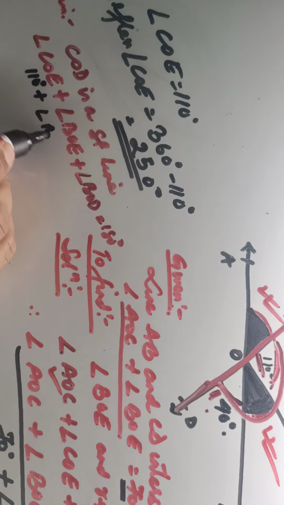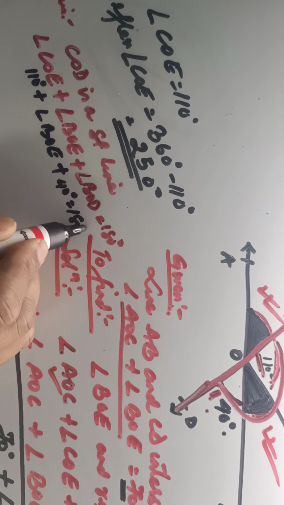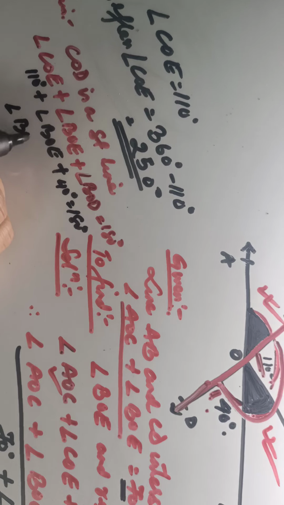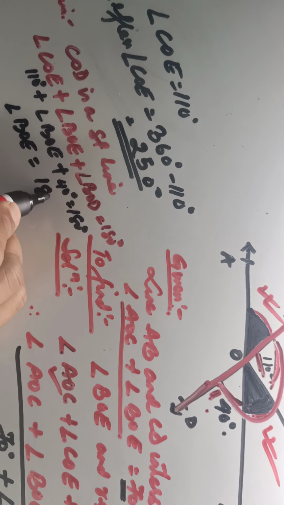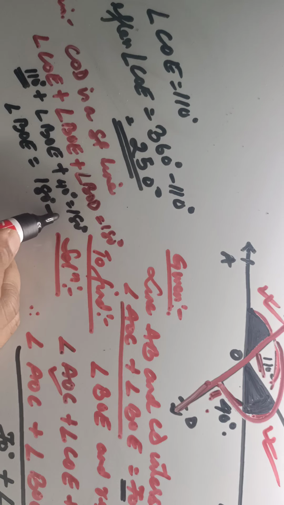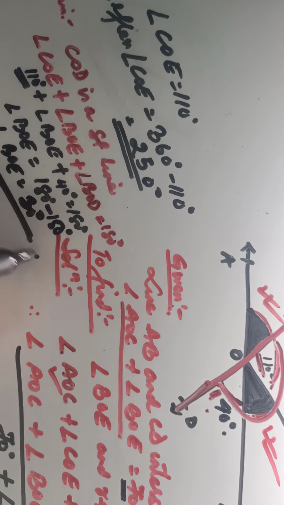BOE I have to find. BOD is already given in the question, that is 40. So angle BOE would be 180 minus 110 minus 40. 110 plus 40 will be 150. When I shift to the other side, minus 150. So angle BOE would be 30 degrees. Okay, so that's the answer for